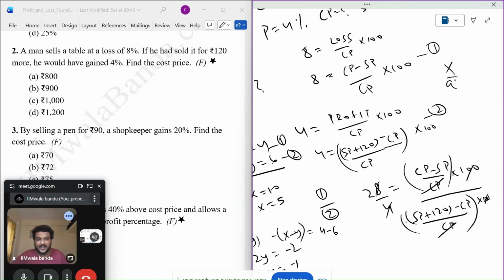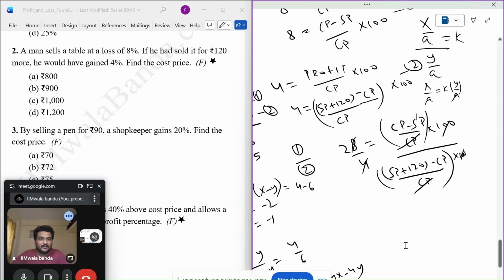If it is x by a and this is y by a, you can cancel these two. Let's say this is equal to something. So anyway, when you will take it there, you will cancel a now. So be comfortable in cancelling it then and there also. Okay. Now, how does the question become? 2 times, this is basically SP minus CP. This is 120. I can write it in any way and I'll come to the same answer,